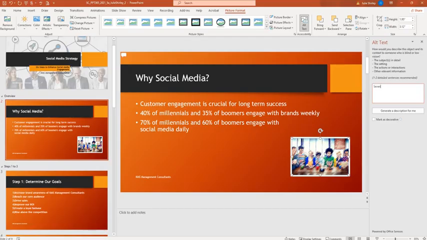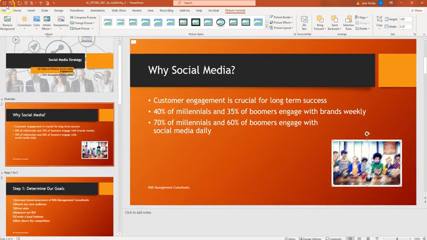So we will type in 7 young people at a table looking at digital devices. Again, make sure you go back over, double check your spelling. 7 young people at a table looking at digital devices. When you have that, you can X out of that pane, hit save, and we are now on to project